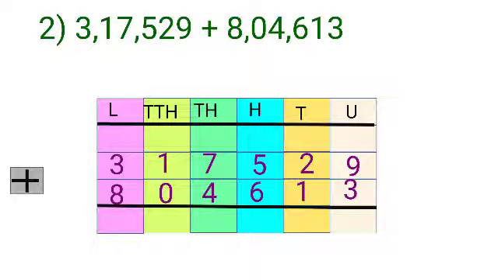Now 9 plus 3 is 12. Now what are you going to write? 9 plus 3 is 12. So you have to write 2 below 3 and 1 will carry to the next column, that is the tens. So as you can see here. Now again do the addition. 1 plus 2 is 3, 3 plus 1 is 4. Similarly 5 plus 6 is 11.